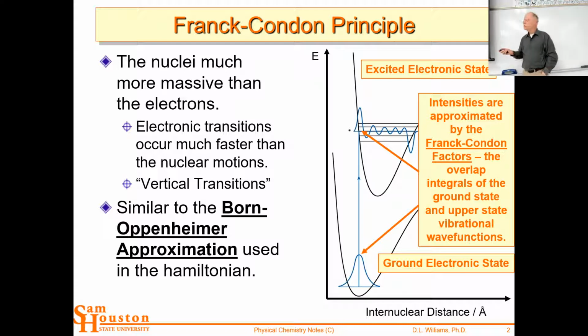Another thing that we notice is look at the ground vibrational wave function. It's a Gaussian function. It's big in the middle and small at the edges. And that also, if you were to square that wave function, is the location of that molecule in terms of its bond length. It spends most of its time at that equilibrium bond length, a little bit of time stretched from that and a little bit of time compressed, but most of the time it's right there at its equilibrium bond length. Light comes in, hits that molecule, and this is the most probable position of that molecule, and right above